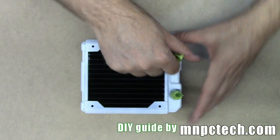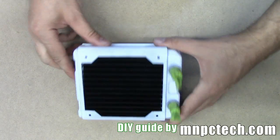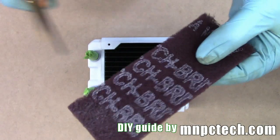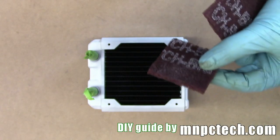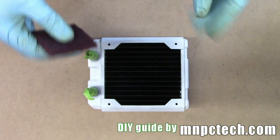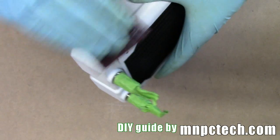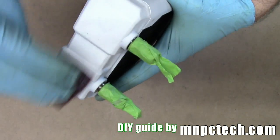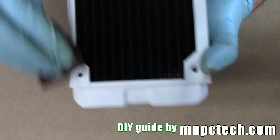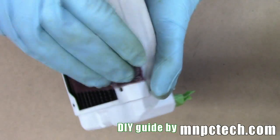Yep, it's important that we plug off those 2 inlet and outlet because we don't want to get any debris or paint inside the radiator. What I'm going to use to scuff the surface is a red Scotchbrite pad. This is what we use to scuff the surface on most of the case mod projects that we do. Even though it has a factory primer finish on the Hardware Labs Black Ice Nemesis,